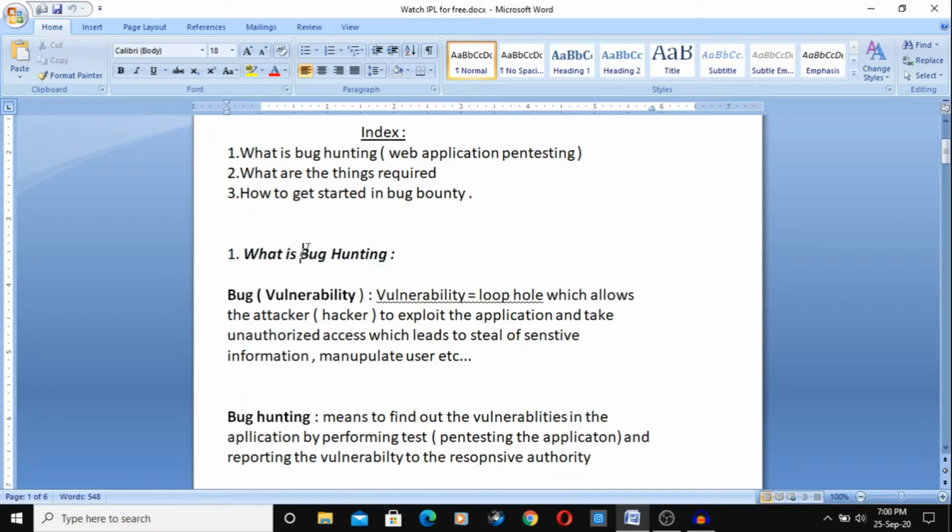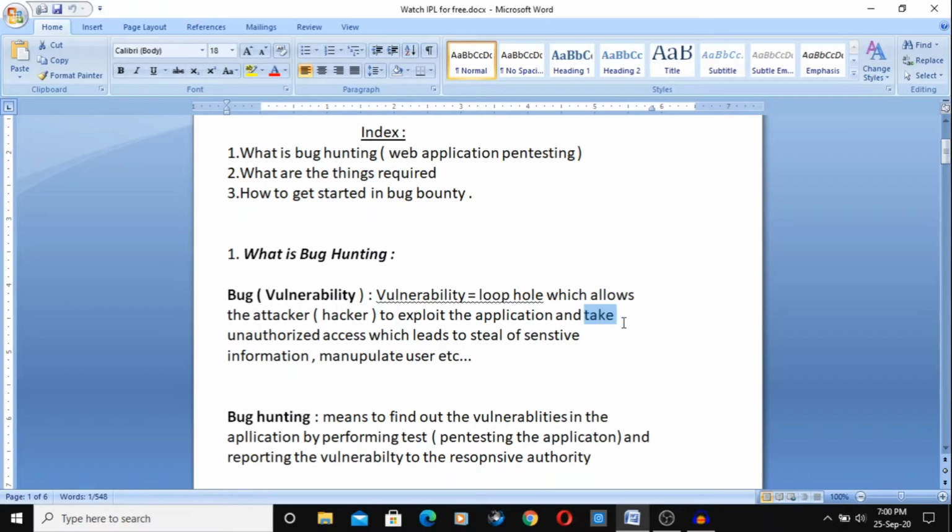Before discussing bug hunting, let's discuss a bug, which means a vulnerability. In simple understandable language, it is known as a loophole. Here, the bug will allow the attacker or the hacker to exploit the application. Here, application refers to a web application or app or server, etc., and take unauthorized access.